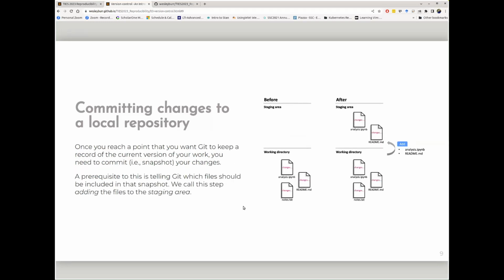What I have to do is I have to take those local 3 changes and I have to tell the computer which files should be added to the tracking. In other words, I want to track those changes. What I do is I move them, I tag them into the staging area. And so I say, hey, Git, I want to take the changes to the README and the changes to the IPython notebook, and I want to put them in the staging area. And now at this point, they're still not saved. I've just told Git that the changes I've made are probably something I want to save.